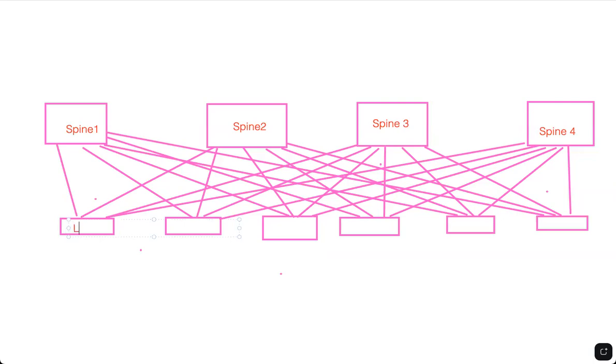And this is leaf 1, leaf 2, leaf 3, leaf 4, leaf 6. So let's say